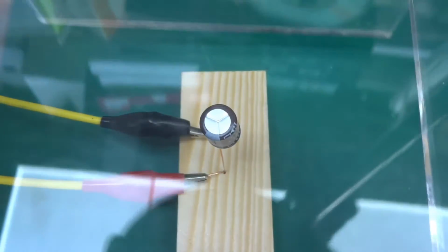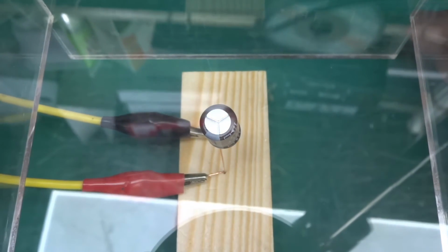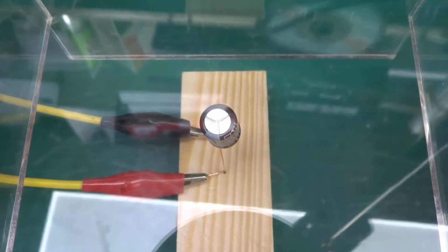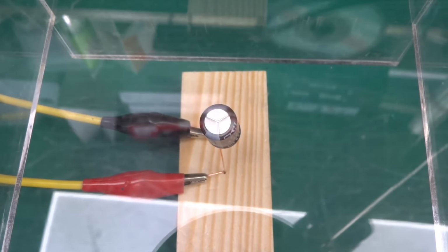Okay, blast shield on, and the blast shield is just a piece of acrylic box that I had. I knew it will come in handy one day. Anyways, power supply on,